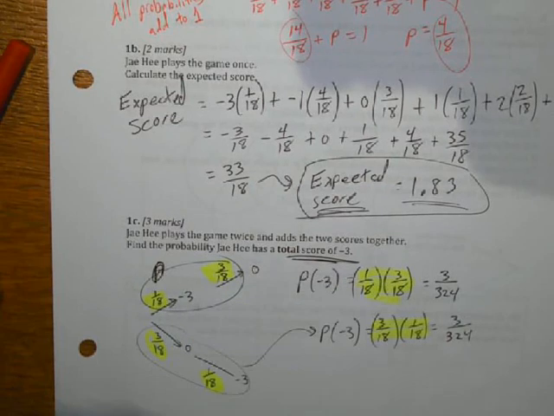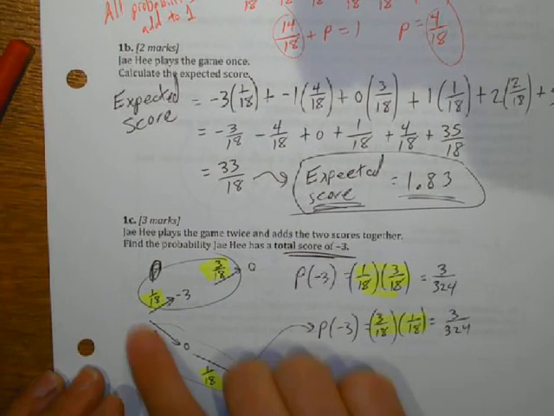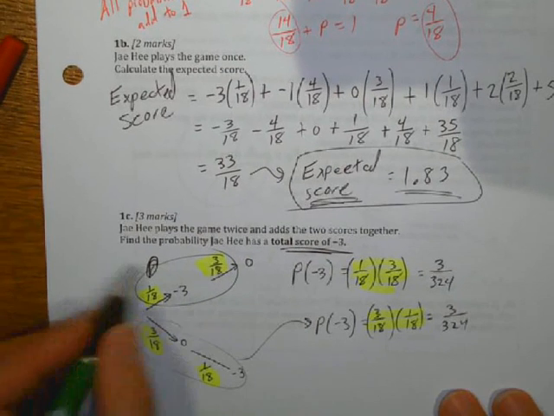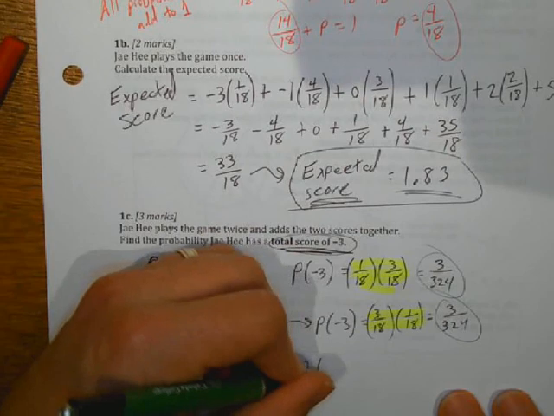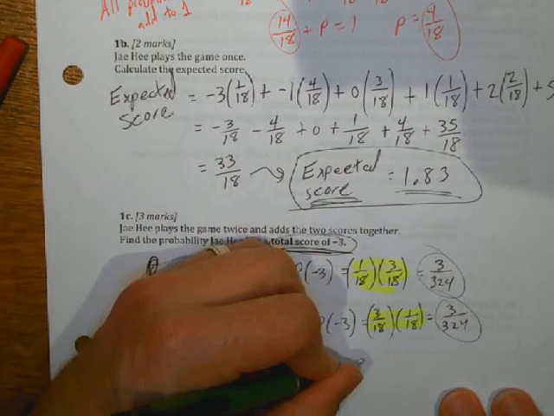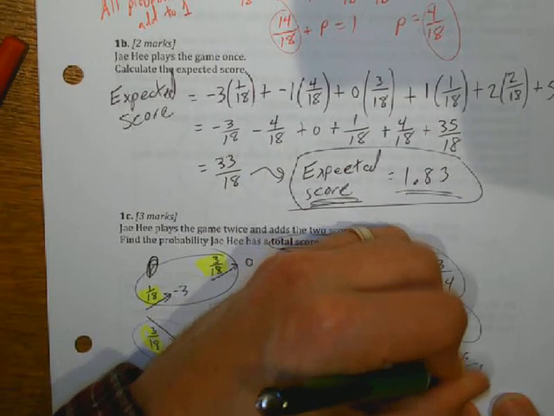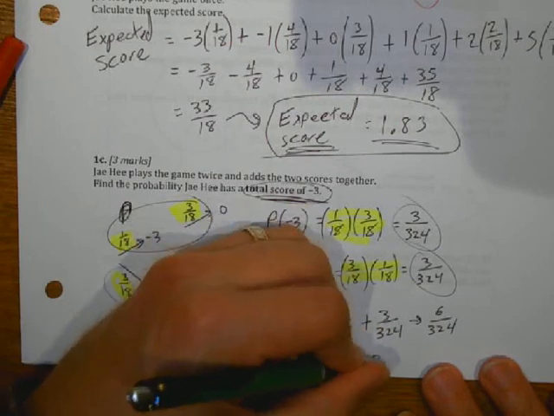Okay, this is kind of a tricky question. This is the probability of getting a -3 first and then a 0, and the probability of getting a 0 first and then a -3. And these scores, -3 and 0, and 0 and -3, add up to a score of -3. So to find the probability of getting the score, I have to add this and this together. So the probability of getting the -3, since the game is played twice, is equal to 3 over 324 plus 3 out of 324, which gives me 6 out of 324, which simplifies to 0.0185,